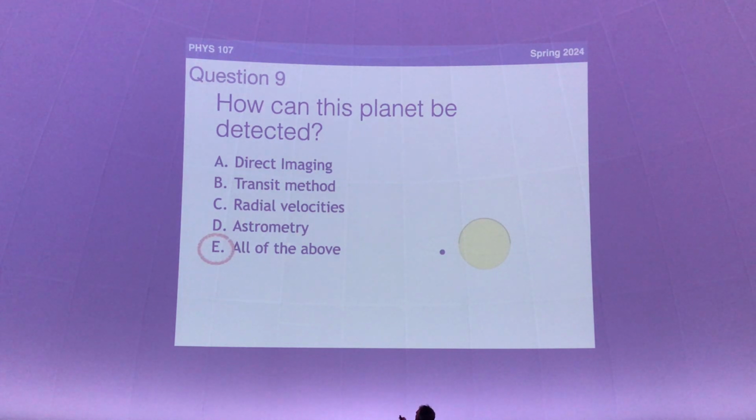Transit method, again, you have to be in the plane of the motion. If it's like this, I don't see it in the transit. I don't see it in the Doppler shift. In the astrometry, it's the other way around. It has to actually move up and down a bit. I don't want transverse motion towards me, away from me. So these two are sort of complementary. If I see the planetary system on its edge, I can see it very well with radial velocity, but I can't see it with astrometry as well. It might jiggle a little bit. But if I see it